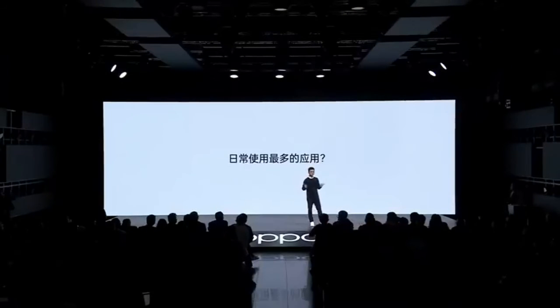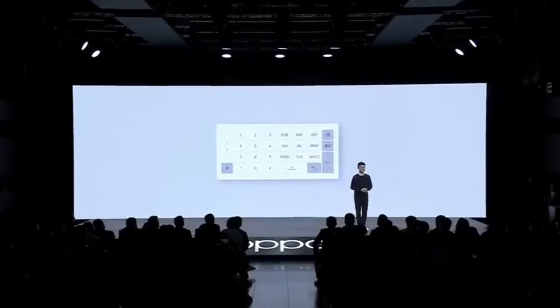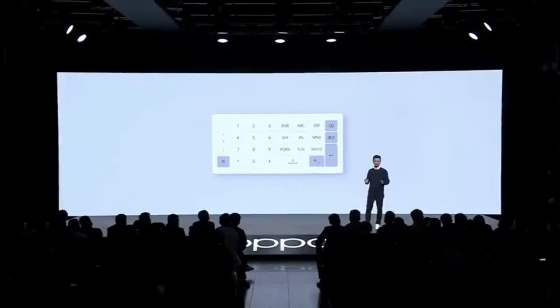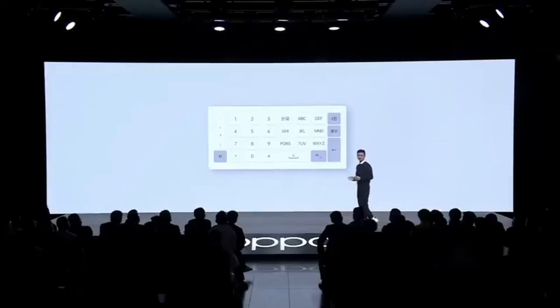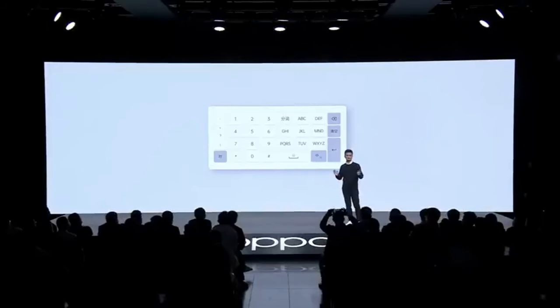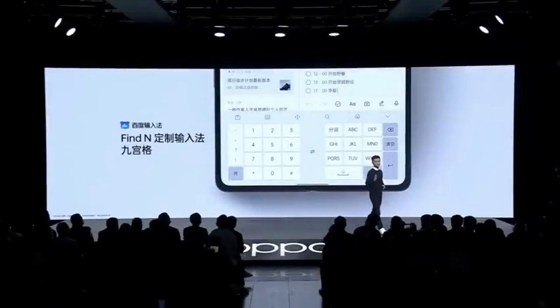So now, please make a guess. What is the most frequently used application among all? WeChat or TikTok? Well, neither. It is keyboard setting. This is a basic function indispensable to all apps, which decides whether a device has a good user experience or not. It took us a long time to customize a set of highly immersive and efficiency keyboard modes for bigger